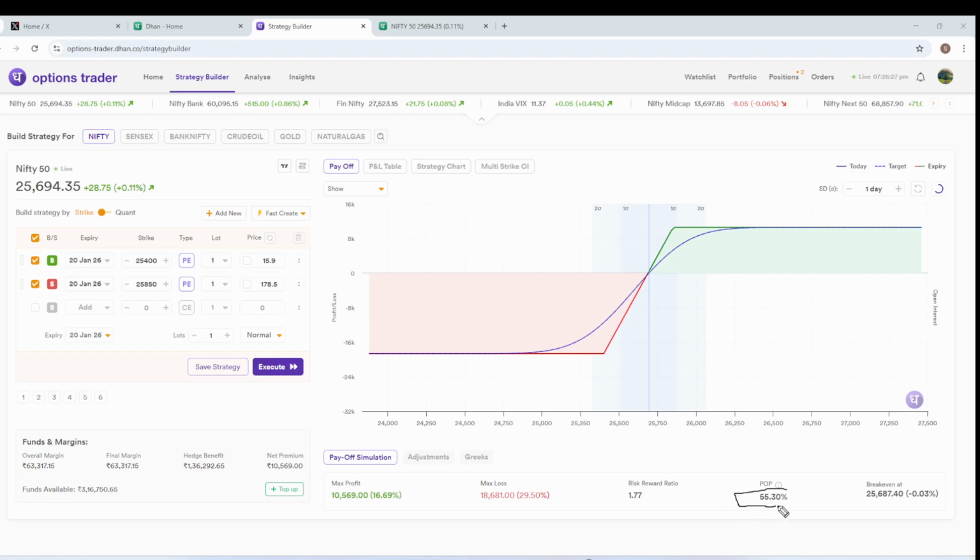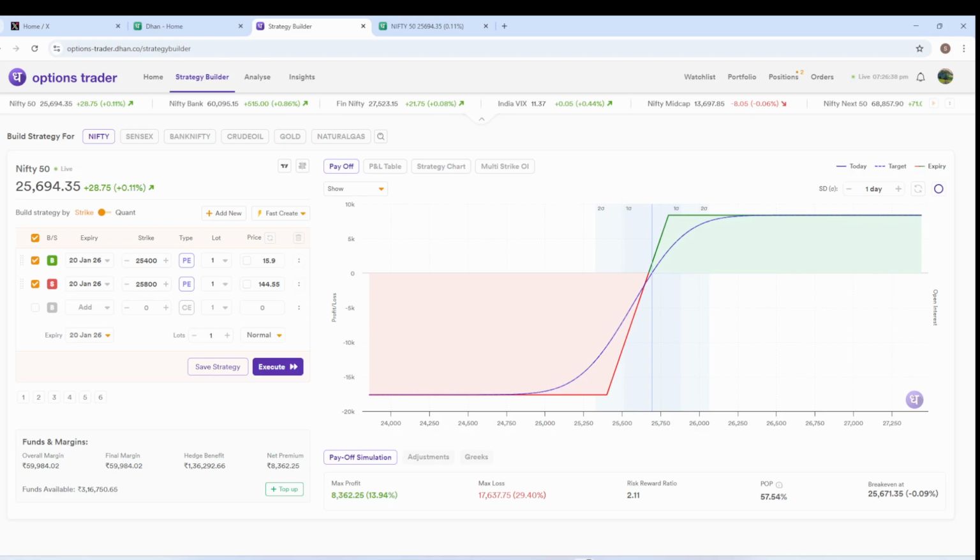But here, if you see, risk to reward is 1.77. And if you reduce this back, now risk to reward is 2.11 and probability stands at 57.43. So this is money you can make, but by selling options. You can call it an iron condor or whatever it is, I don't know. We do this, and if you check the greeks,